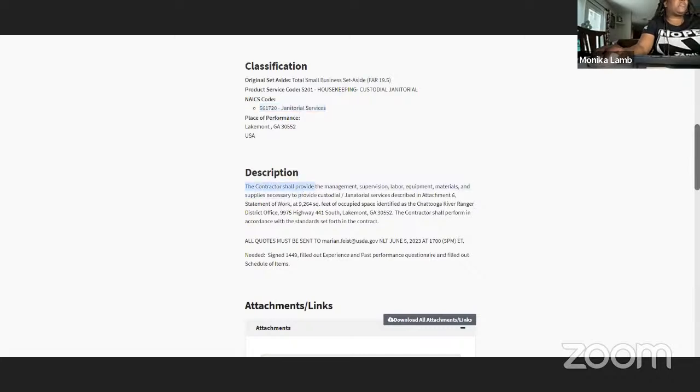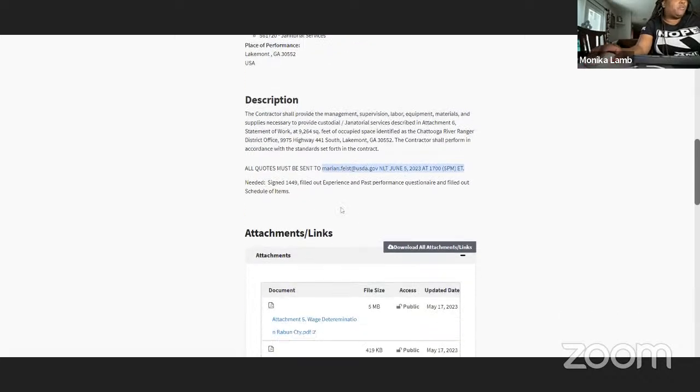Says the contractor shall provide the management, supervision, labor, equipment, materials, and supplies necessary to provide custodial janitorial services described in attachment 6, which is the scope of work for a 9,264 square foot occupied space identified in Chattanooga River Ranger District Office. And this is the location. All right. So, and this is who receives the quote right here. Right. All right. So if you were interested,